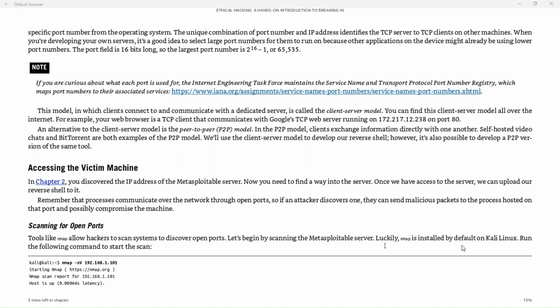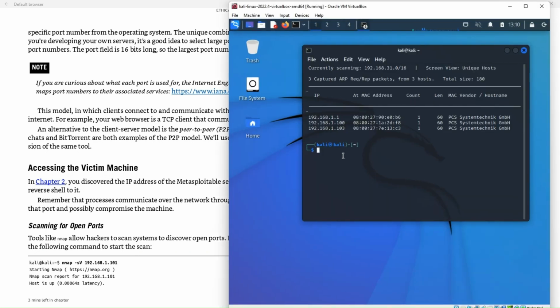Luckily, Nmap is installed by default on Kali Linux. Run the following command to start. Okay. Now we're gonna run the Nmap scan. So nmap. Man, that's not how you spell Nmap. Nmap